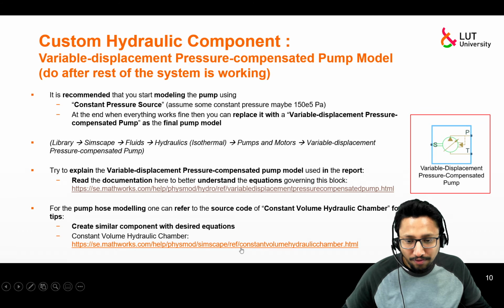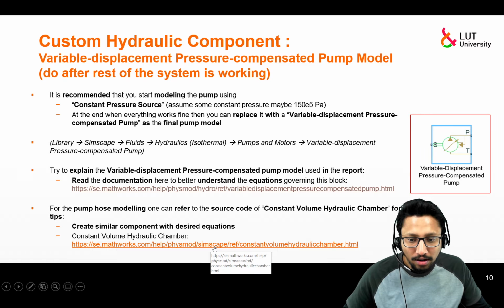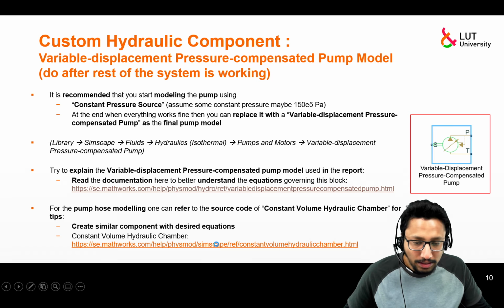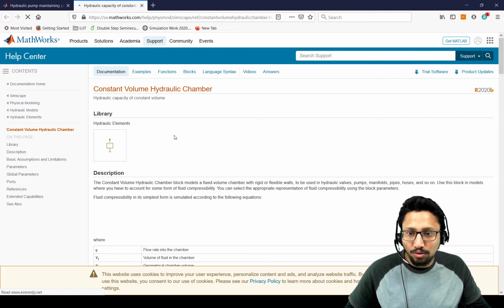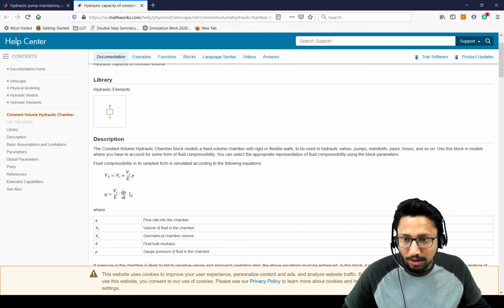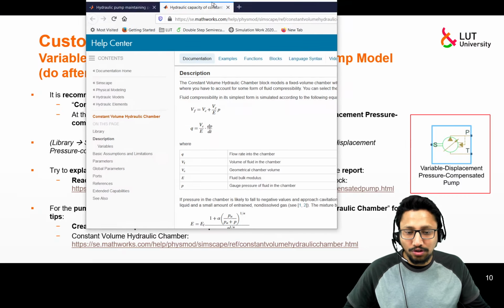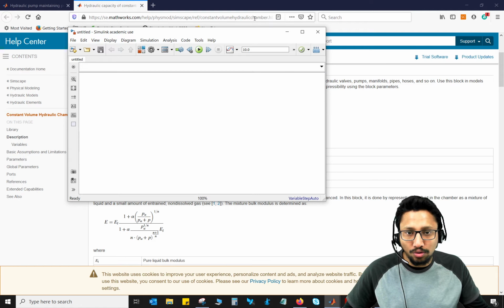and at the same time we will also refer to this link, where all the equations that are needed in order to model that source code are provided. For example, all the equations are here for this particular component, and the same equations are modeled in the source code.